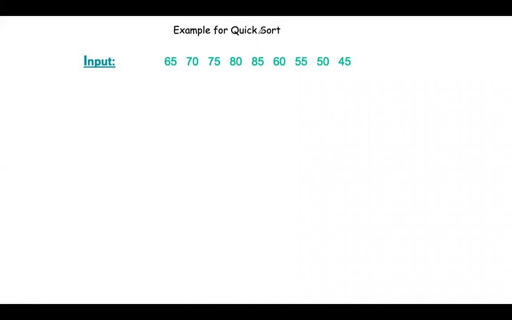So this is a quicksort example. I want to sort this given array in increasing order. Quicksort again makes use of the concept of divide and conquer. Divide and conquer means first we go on dividing the given array into subarrays. In merge sort it was equally divided into half parts, just like in binary search.